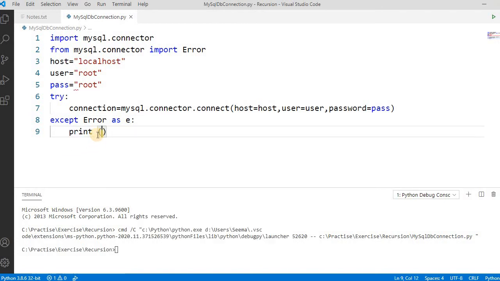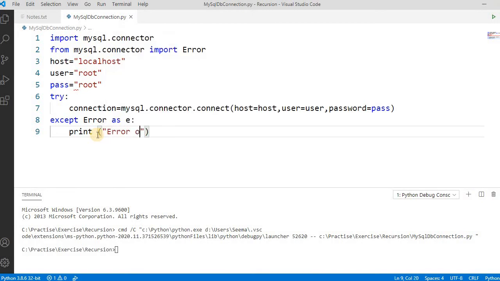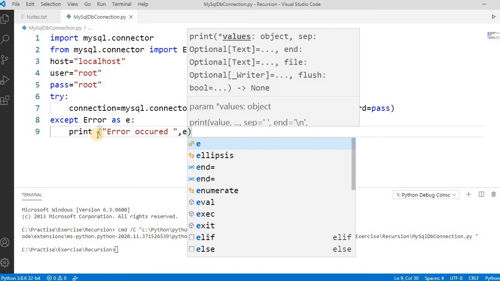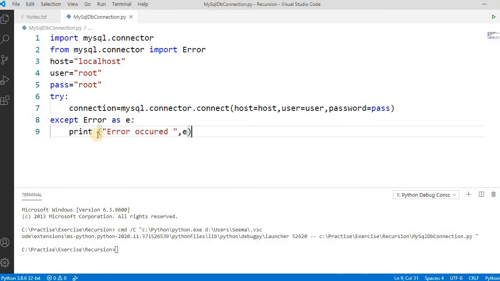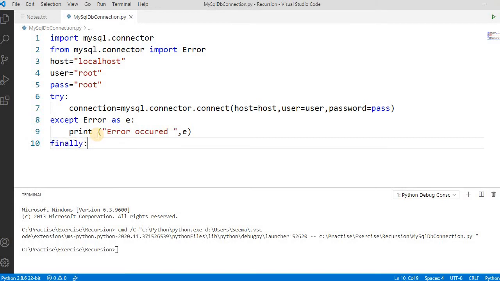Simple. Okay, and we can print this. You may print that an error occurred, and we can get the value of what the error is. Okay, finally block. For closing the connection or the cursor, we use a finally block, because once all these things run, we already know that finally must be executed whether there is an exception or not. Okay, so print, you can say, till now connection is closed.